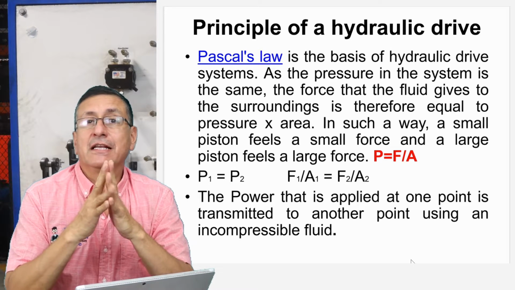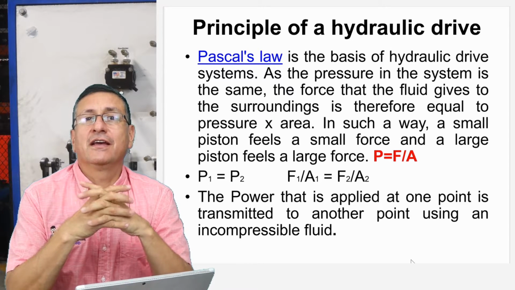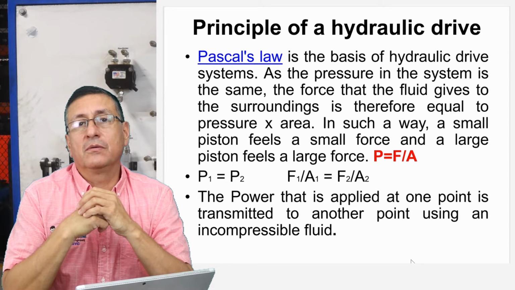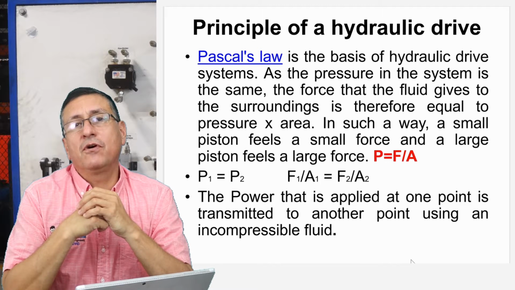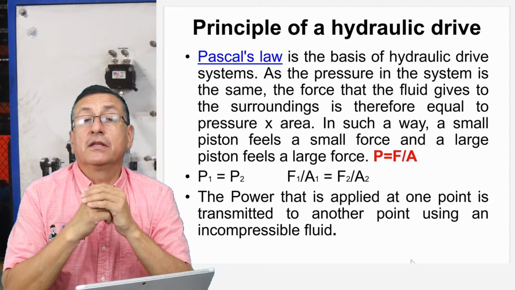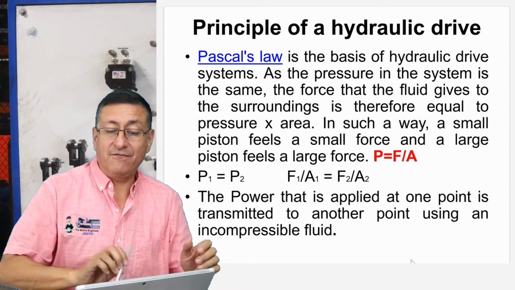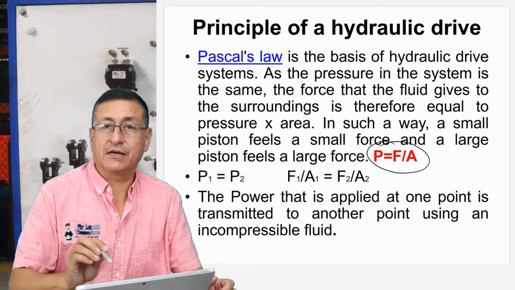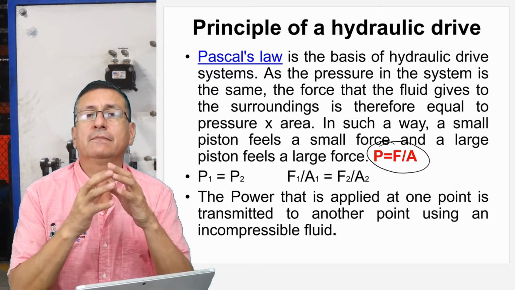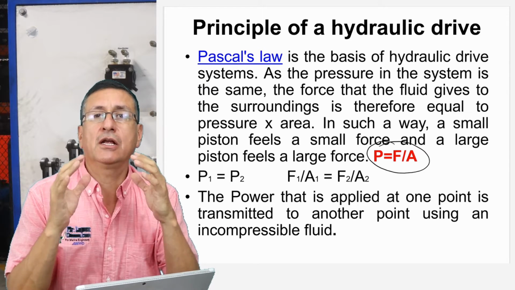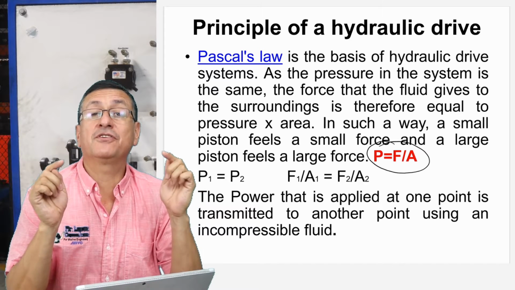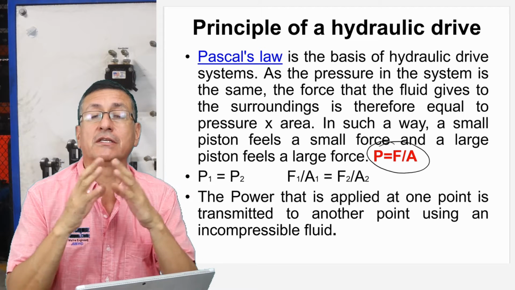Yes, this is basically because the hydraulic circuits follow the rules, the laws of Mr. Pascal. And what is the formula for the pressure according with the Pascal law? The pressure should be equal to the force divided by the area. This is the secret. But the secret is not only the formula. The secret is what happened in a hydraulic circuit completely closed. What happened in a hydraulic circuit hermetic? Yes, the pressure is constant in all the points.